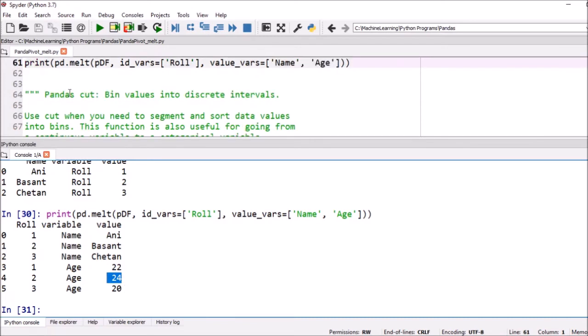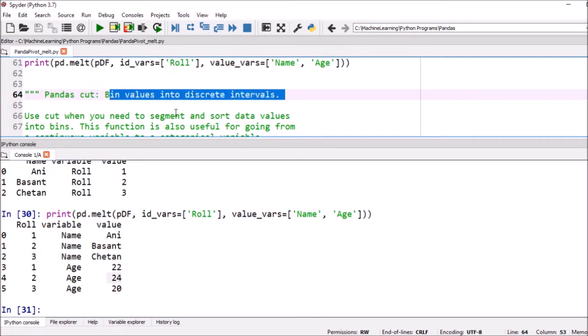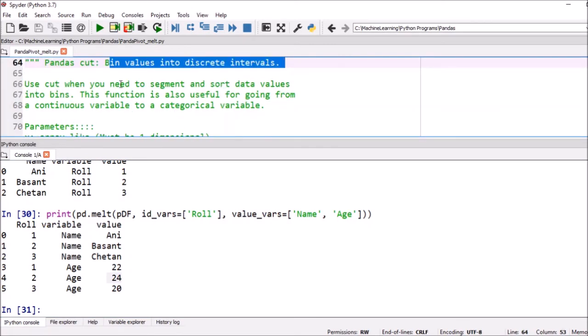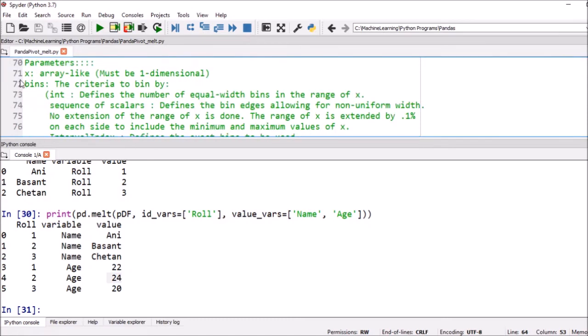Now let's talk about pandas cut. It bins values into discrete intervals. Use cut when you need to segment and sort data values into bins. This function is also useful for going from a continuous variable to a categorical variable. The parameters are x, which is array type and must be one dimensional, it is very important.